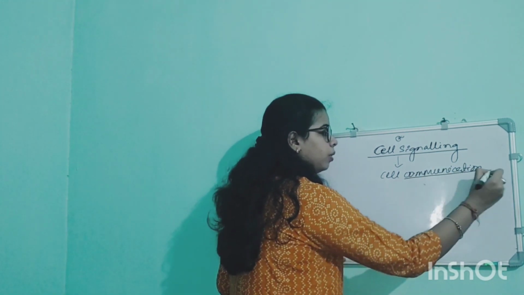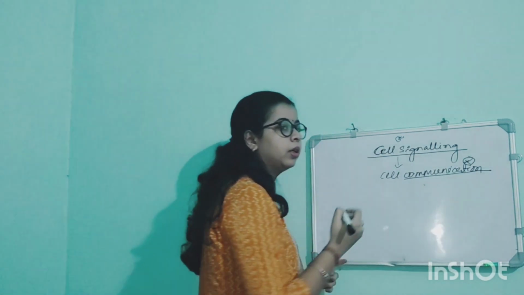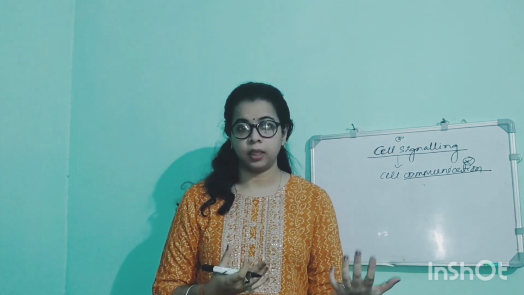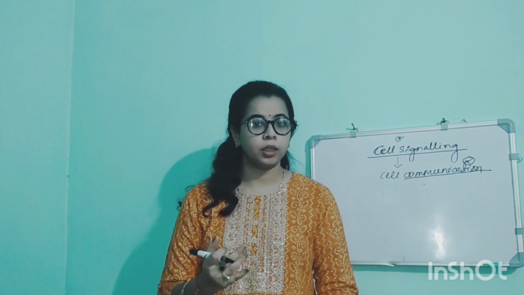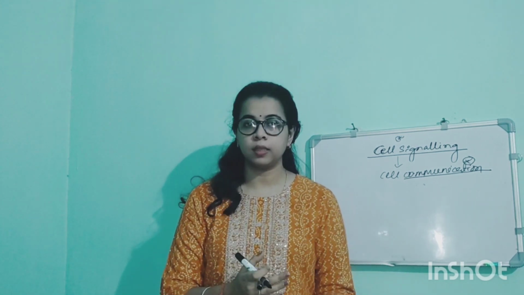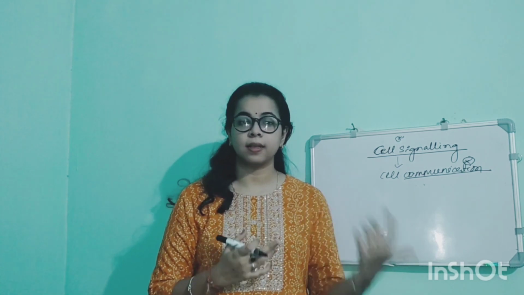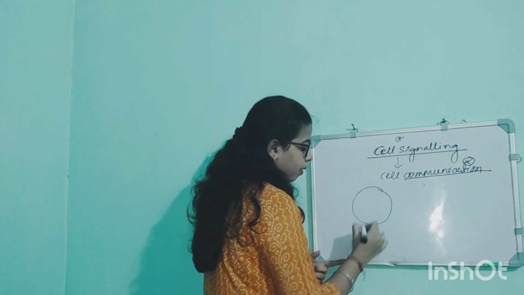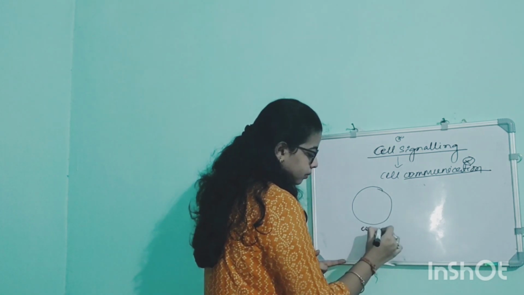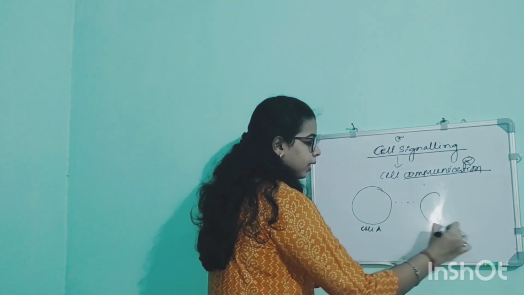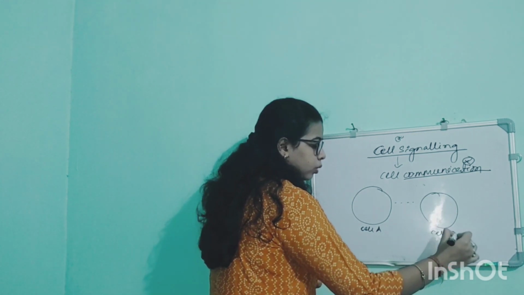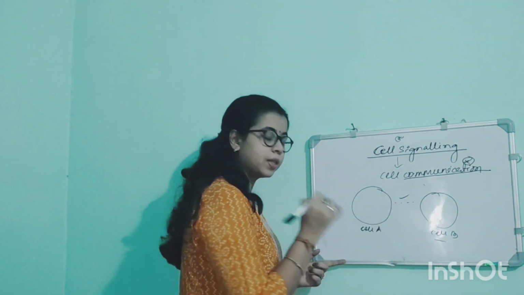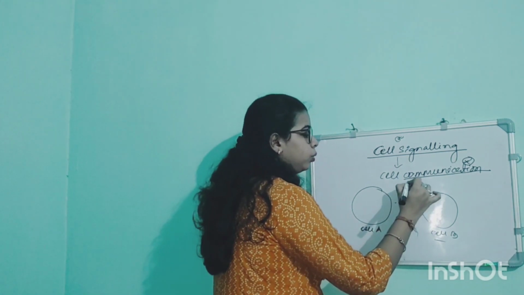And you know that communication is a very important thing. Otherwise we can't do anything. If you want to make somebody do something for you, you need to communicate, you need to instruct them to do certain things. Similarly, this is how cells communicate, so this cell signaling is performed. Cell A instructs cell B to do certain work through the process of signaling,